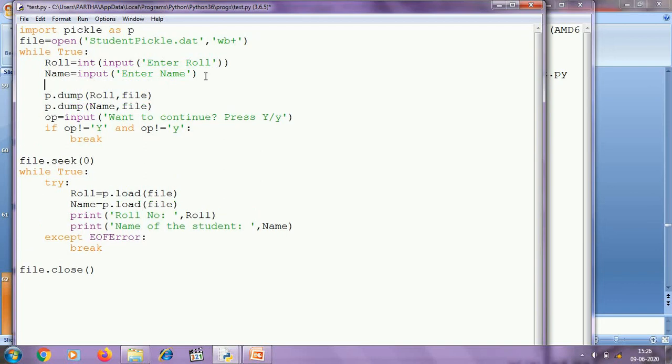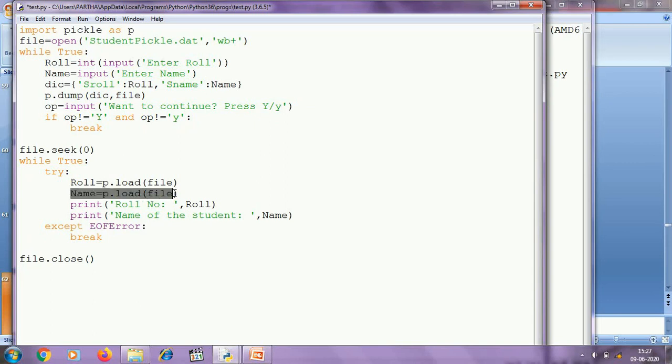Here I am going to create a dictionary dic, where the key is s roll, that means student roll, and the value is roll, and the next key is s name, that means student name, and the value is name. And I need to write this dictionary to the binary file, so I am writing pickle.dump(dic, file), and we do not need this statement.